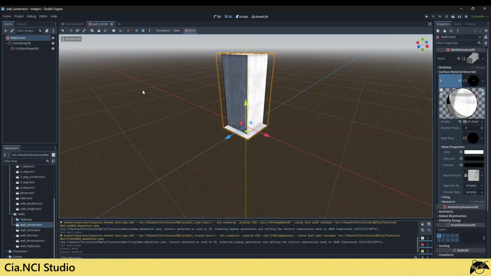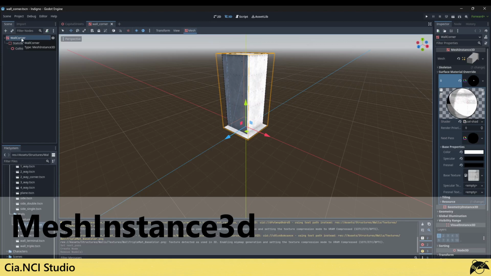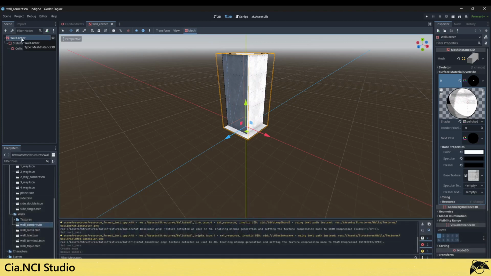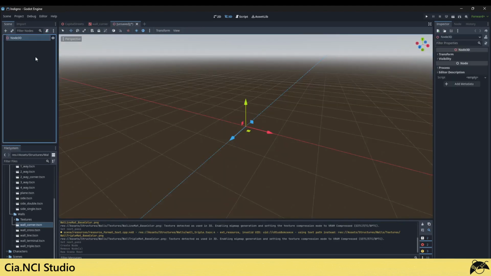One thing that is important is that the mesh root node must be of the type MeshInstance3D, so you can create a mesh library to use with the grid map. If you let the Node3D as root, it will not work. Now, let's create a mesh library. For that, we create an empty 3D scene and add all the meshes to it.